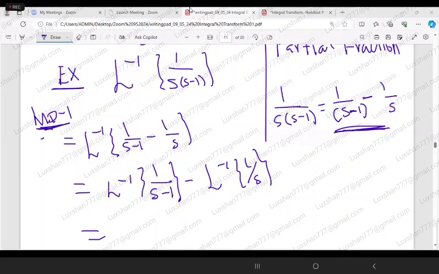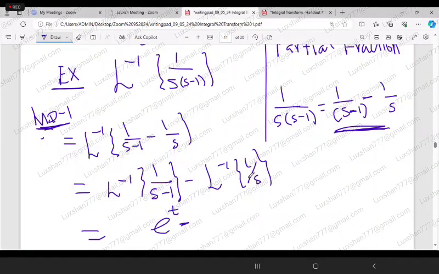Yes. E to the power minus t or e to the power t? Yes, that is e to the power t, because s minus a. So this is e to the power t